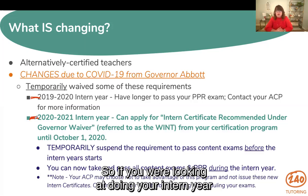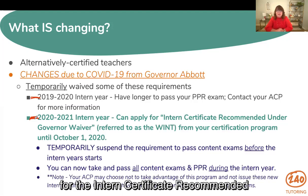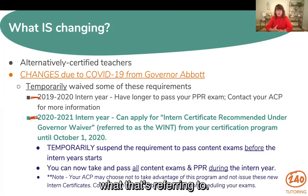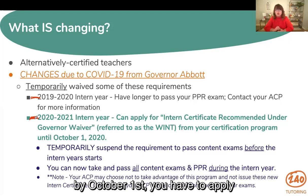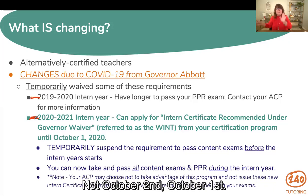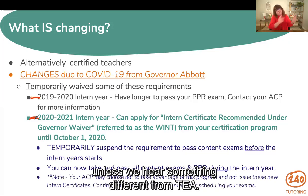So if you are looking at doing your intern year this coming school year, you can apply for the Intern Certificate recommended under Governor Waiver, or referred to as the WINT. So if you see that acronym, you know what that's referring to. You have to do this 3-year certification program by October 1st. You have to apply for that WINT, that special waiver certificate, by October 1st, not October 2nd, October 1st. If you don't do it by October 1st, you're back to the typical process, unless we hear something different from